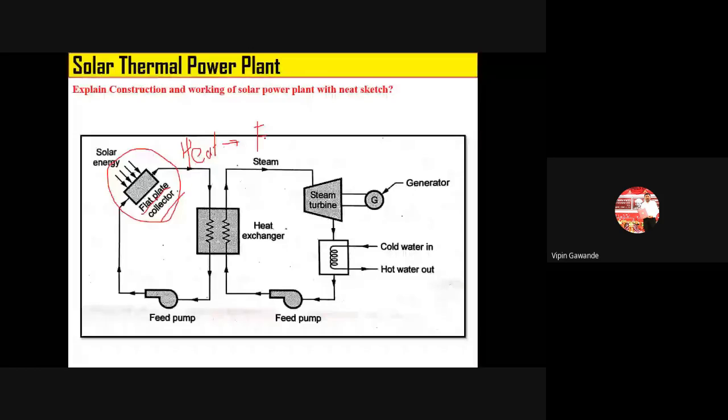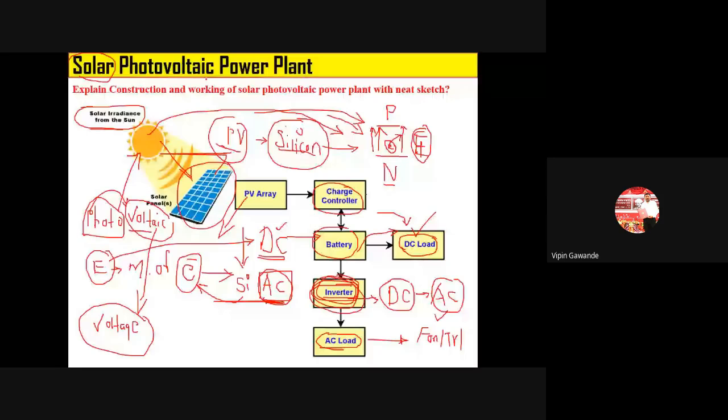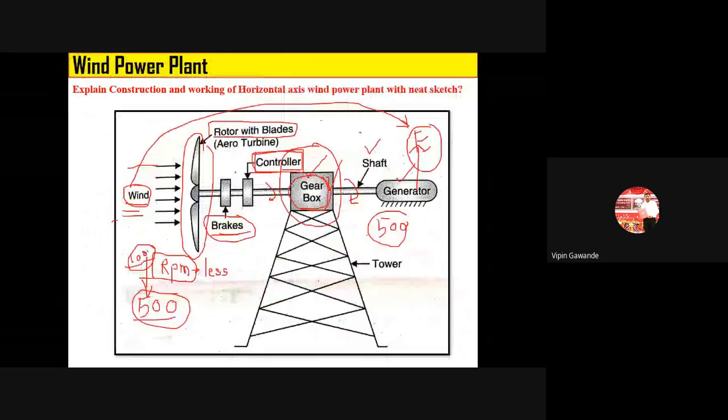And another type of power plant is what? PV. So solar photovoltaic power plant. So be careful about these two power plants. One is the solar thermal power plant, where there is conversion of heat into electricity. And photovoltaic means what? Conversion of sunlight into electricity. So here we are using PV panels. So these two things you have to remember. Okay. So these are all the different types of the power plants.